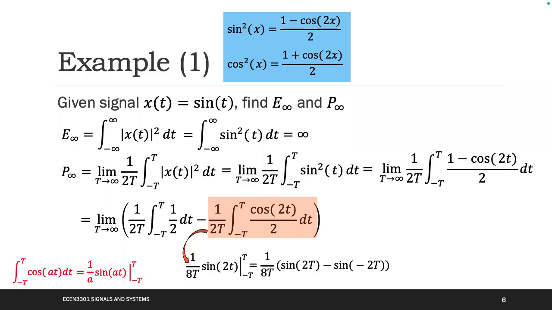You just put t here, put negative t here, and finally this equation will equal this one, because sin negative 2t equals negative sin 2t. This is just a fundamental sin equation. And then you just add them together, and it will equal this one. That makes sense to you? Any questions so far? No? Okay, then we have resolved that one.